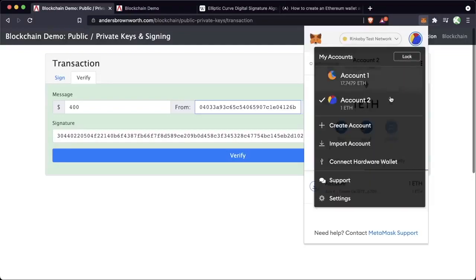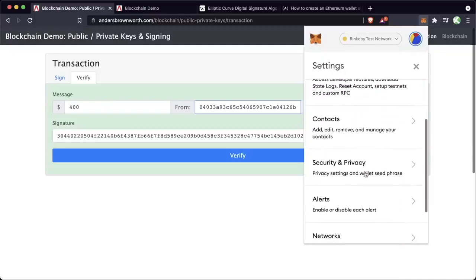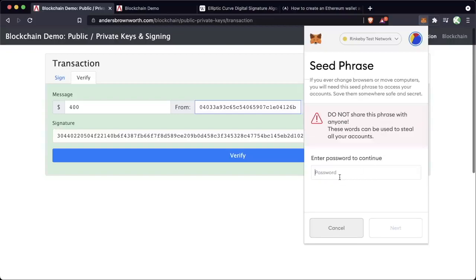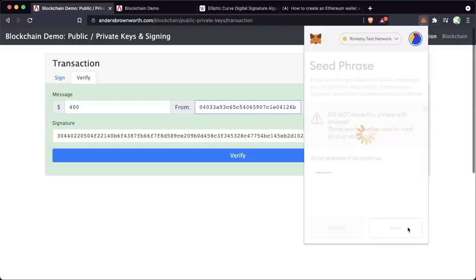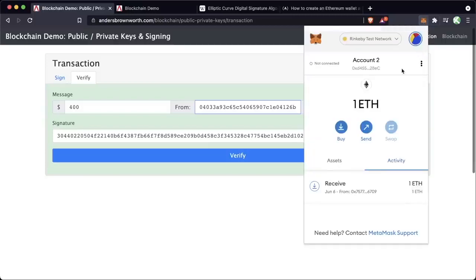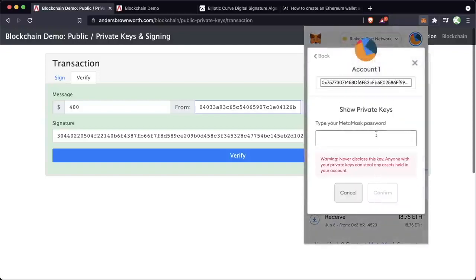If we go to settings, the only reason that I'm showing you guys my mnemonic and my private key is because this is a dumpster account. I'm going to throw this away at the end of this video, or I'm just not going to put any real money in it. But when we look at our MetaMask here, we have this mnemonic phrase, which allows us to easily get these different private keys, right? So mnemonic phrase combined with whatever account number will get us a private key. So mnemonic phrase combined with 1, we're going to get this private key. And this is when we look at account details, export private key,